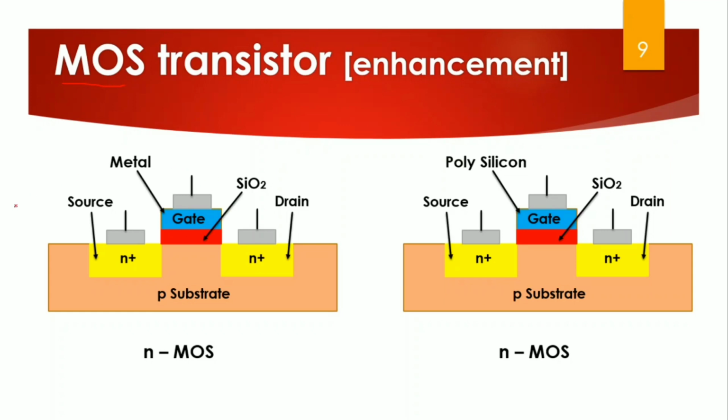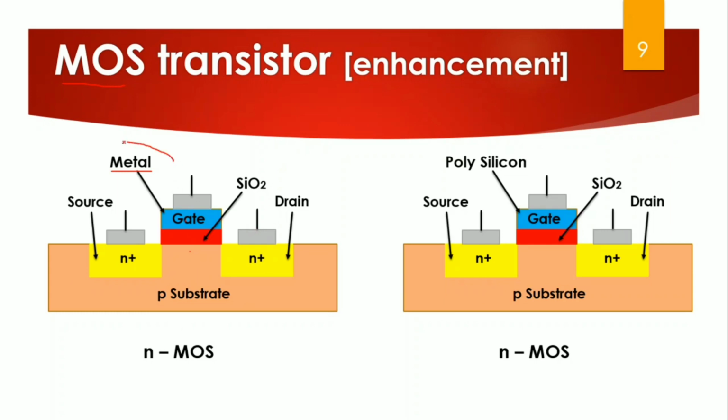First, this is the structure of the MOS transistor. In the structure of the MOS transistor, you have the metal layer, which is the gate. Below the metal layer, you have silicon dioxide, so it is the oxide. Below the oxide layer, you have the P substrate, so it is metal, oxide, semiconductor. This is the actual structure of the MOSFET.